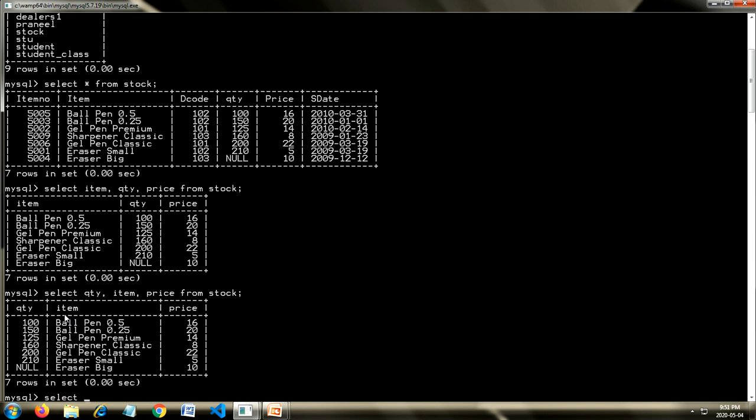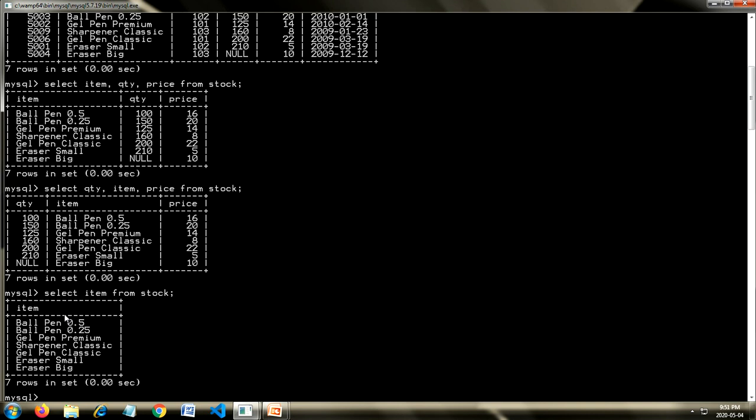There's one more keyword which you can use with the name of the column. For example, suppose I want to see the names of the items only. Select item from stock. It will show me only the item.